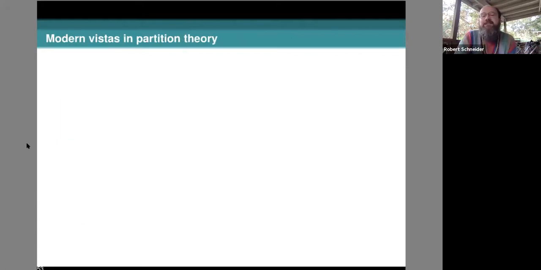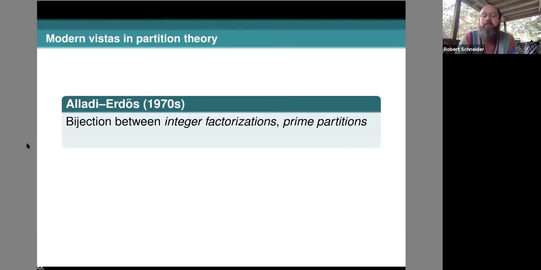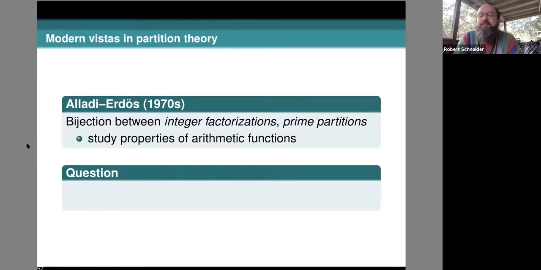Well, now flashing forward into the contemporary era. In the 70s, Alladi and Erdős, when Alladi was just a teenager, used a bijection between integer factorizations and prime partitions. Okay, prime partitions are partitions where all the parts are prime numbers. You take those, you multiply them together, you have an integer. And every integer, you can split it into its prime factorization, and that's a prime partition. Every prime partition, you multiply the parts, you get an integer. So there's a bijection between them. And then they use this to study properties of arithmetic functions. It's very interesting because they're fusing ideas from partition theory and using them to study arithmetic functions in multiplicative number